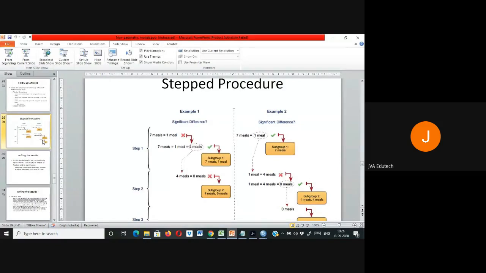They are the same. Now we put in the third group, the 4 meals, and see if they all are the same. If they are, then you put in the fourth group and see if all 4 are the same, meaning the no meals also. At this step, you will see that the 7 meals equals 1 meal, and that equals 4 meals, meaning the first, second and third groups are the same, but the third group is not equal to the fourth group.